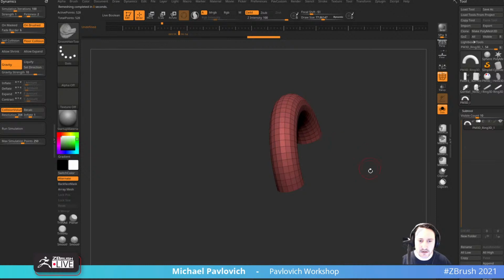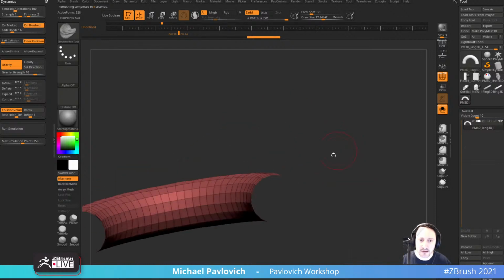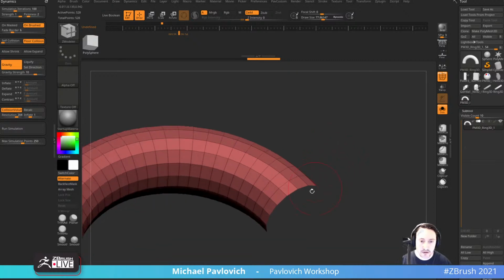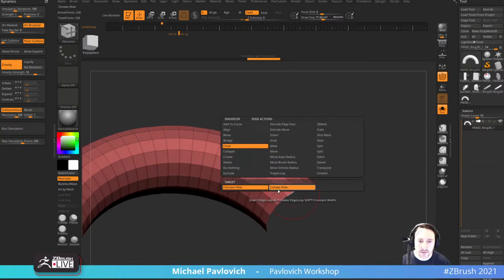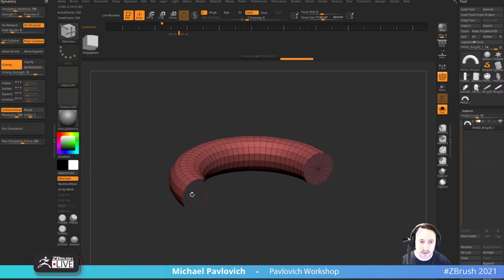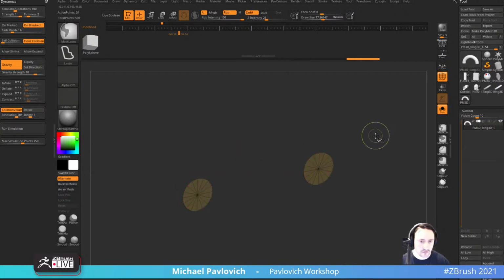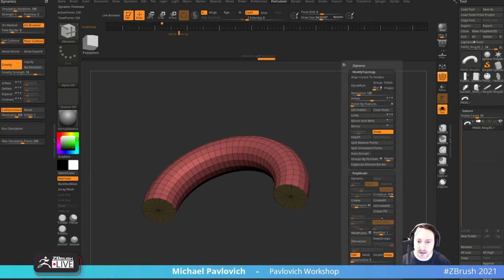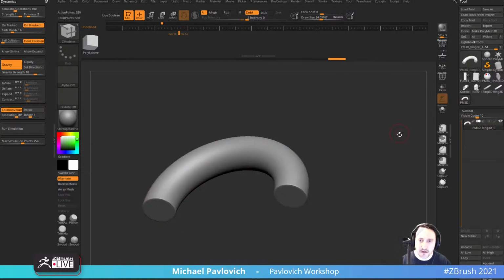Then let's say close convex holes. Go ahead and cap these off here. Control W. And we can do a crease polygroup, crease level of 2, smooth subdiv of 3, and we got our